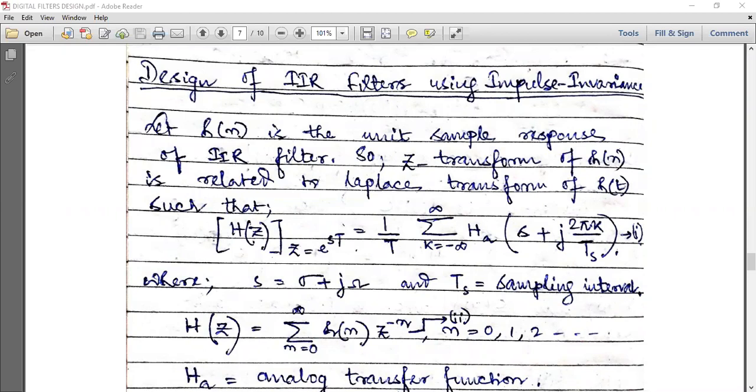You see, this impulse invariance method is a technique for digitizing an analog filter. Okay, means for converting an analog filter to a digital filter. This is a method. This is a technique. That is, describe the way to design a digital filter from an analog one. Now, what is this technique based upon? This technique is based on the fact that the impulse response of the resulting digital filter is a sampled version of the impulse response of the analog filter.